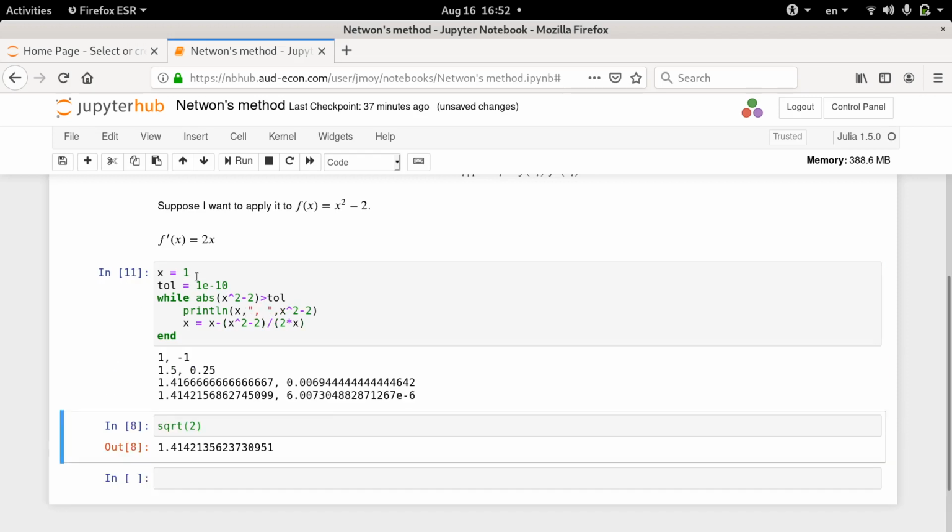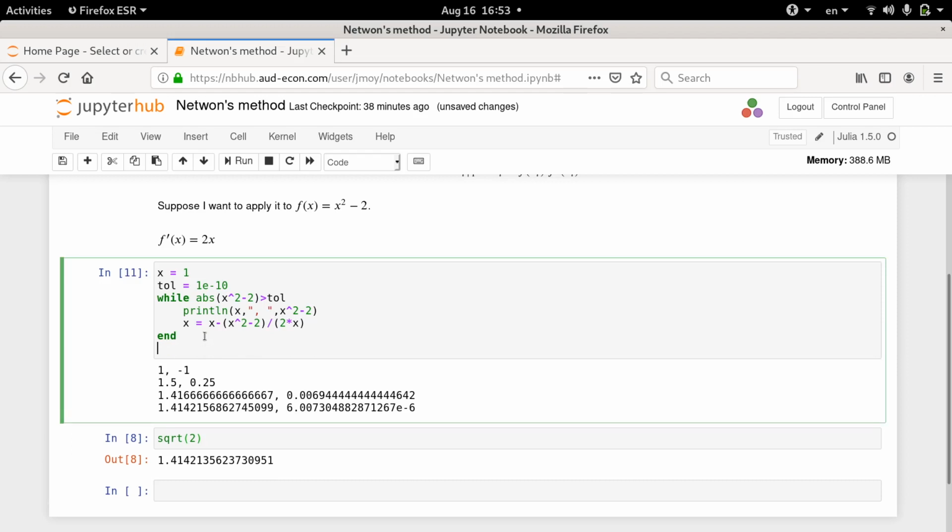So when x is 1, x squared minus 2 is 1 squared minus 2, which is minus 1. Which is pretty big, so it is bigger than tolerance. So we revise x and try again. Then it is 1.5. So 1.5 squared would be how much? 2.25, right? So the error is 0.25. Now the error is smaller, but still much bigger than tolerance. So we repeat again and so on until the error actually becomes quite small. Again you see the E notation here. Finally the error becomes 6 times 10 to the power of minus 6. And then you revise again and you get the final answer.